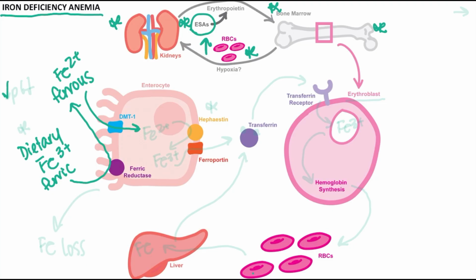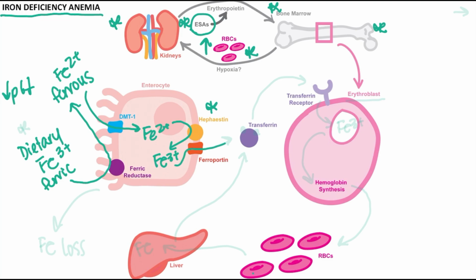And the acidic environment helps with its absorption. So ferrous iron is then oxidized to its ferric form in the enterocyte by hephaestin, and then transported into the systemic circulation via the membrane transporter